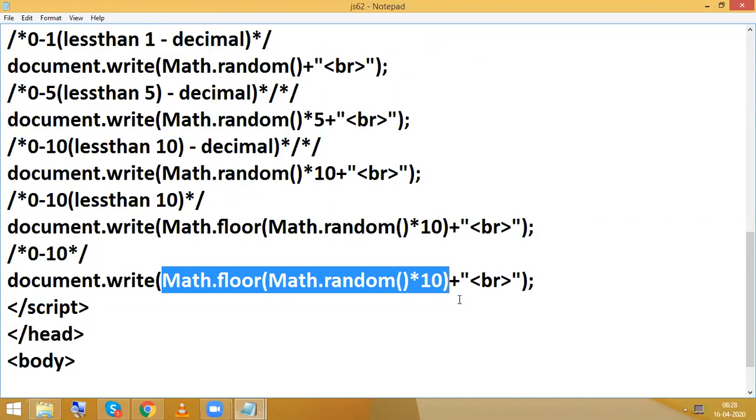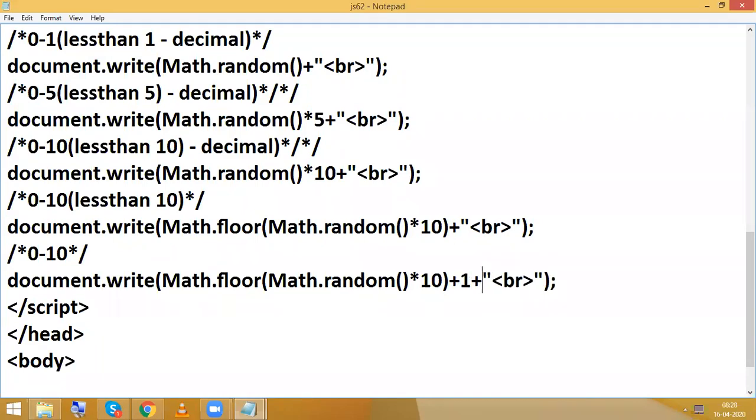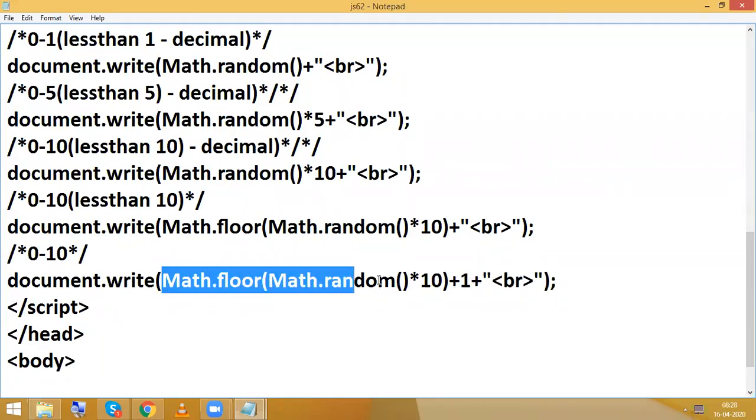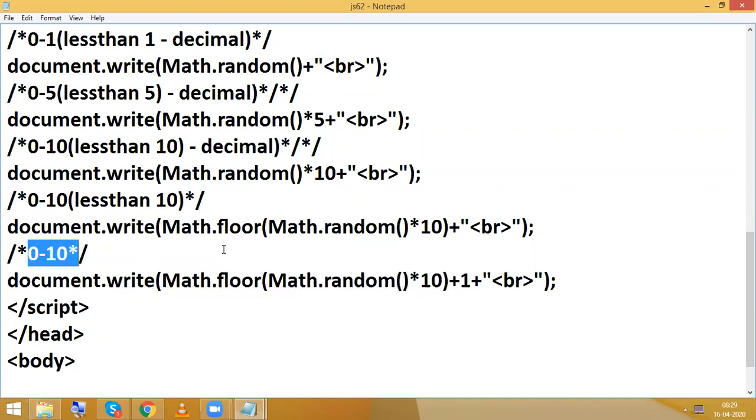What is the floor value of 9.99? It is 9, always. So we did not get 10. Now what I'm going to do here is just add plus 1. So if it is 9.9, the floor value is 9, plus 1 we are adding, 10. So that means in between 0 and 10 we can get 0, and even we can get 10 also because of plus 1.